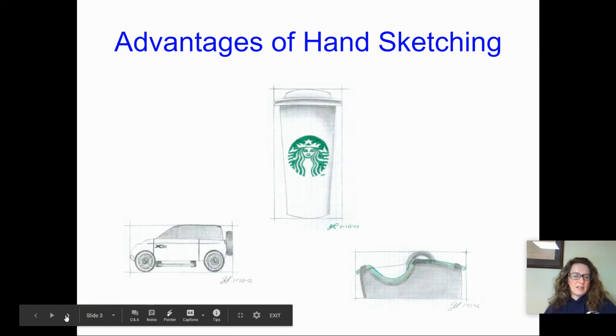Some advantages of hand sketching is it's really inexpensive. We know how to use 3D modeling software, but a lot of people don't have it. Or when you're out at a restaurant, or just having a conversation with somebody about a design idea, you don't necessarily want to have to whip out a PC with a really expensive or even a free version of 3D modeling software and say, wait 3 hours until I come up with a model for you. So you can just start drawing on paper